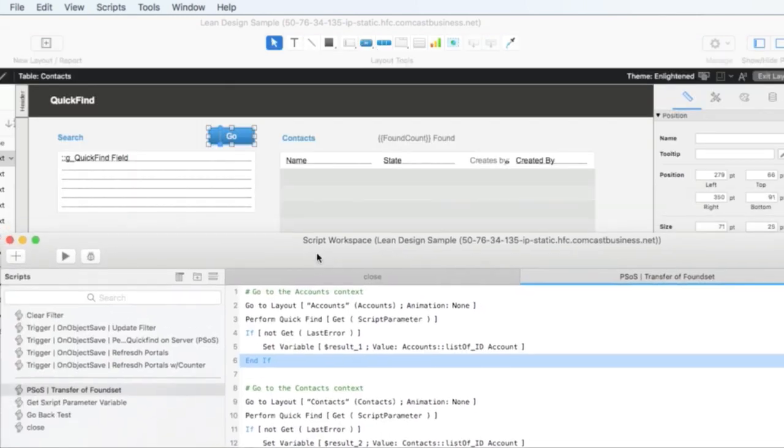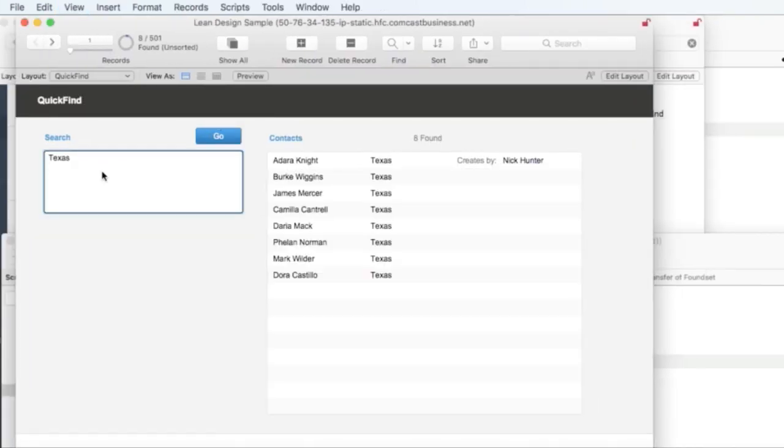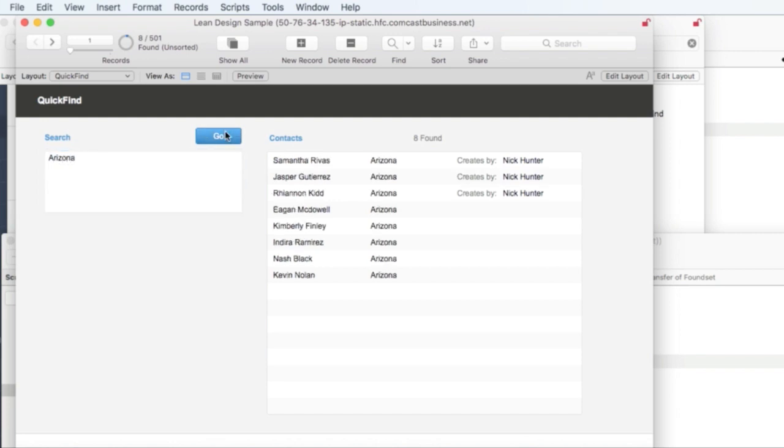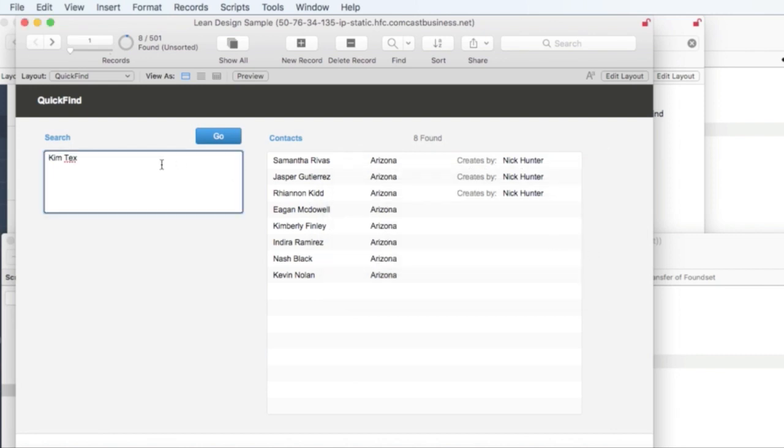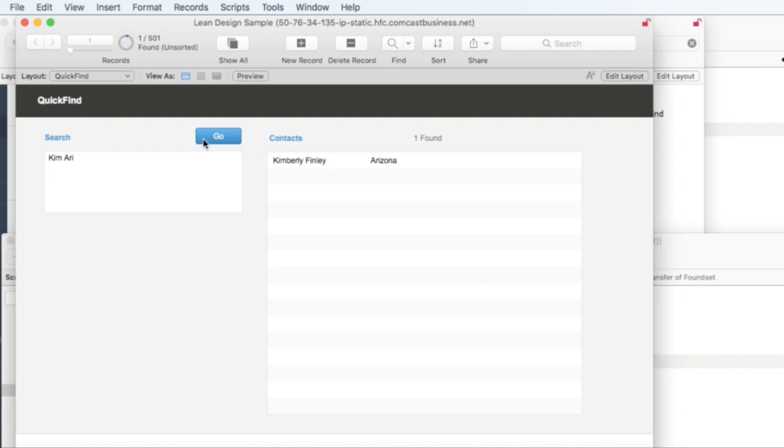So let's continue here. So I have my Quickfind. I said Texas, right? I have Texas. But now let's say I can say Arizona, and I can say go and stuff like that. But now I want, for example, Kim in Texas. Okay, there's no Kim in Arizona. Okay, how does that happen? I type Kim Ari